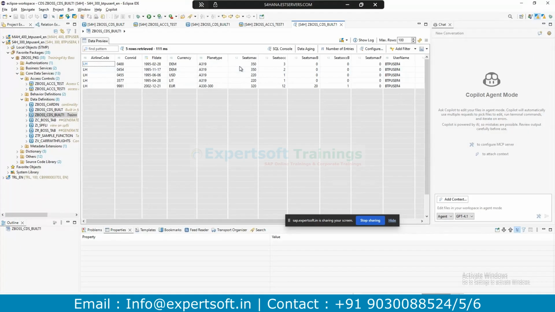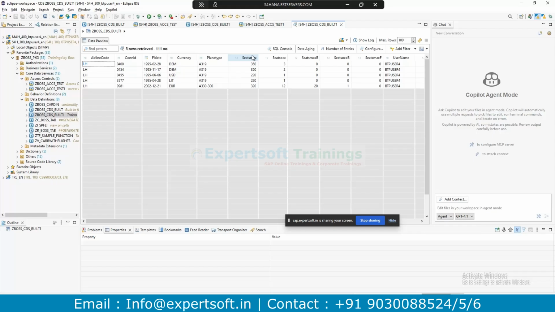Any doubt so far? Access control is a major one. Majorly the real-time requirement would come from this, and that's the point of view for showing you all this, with the basics: the authorization object, the authorization fields, the authorization business role, where it is being used, how to use it, and the concept of access control.